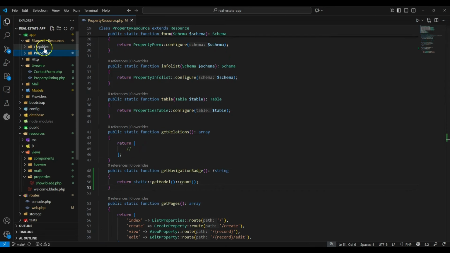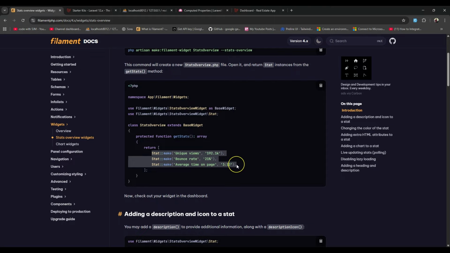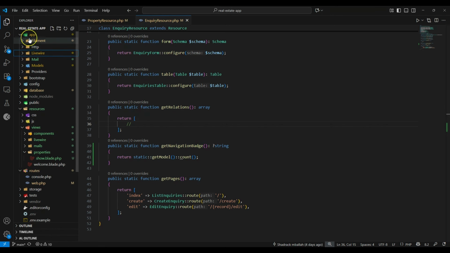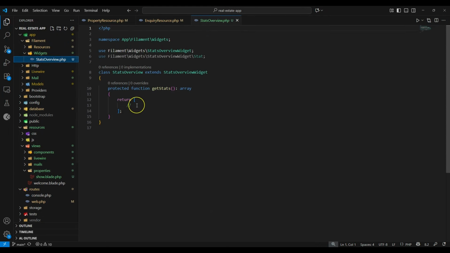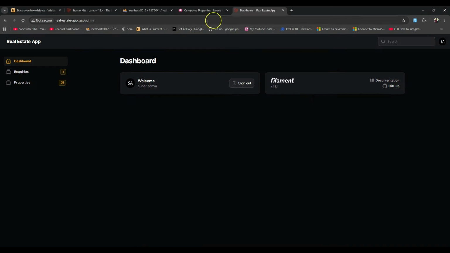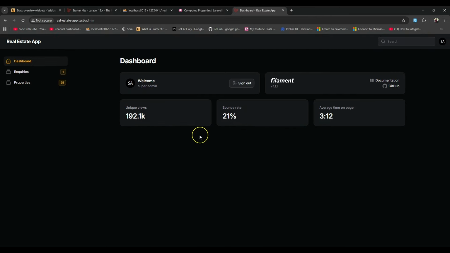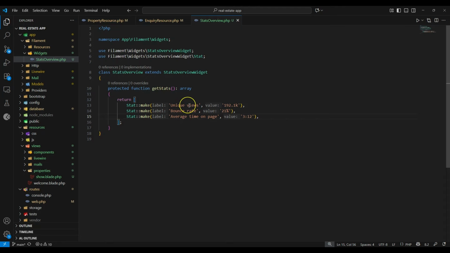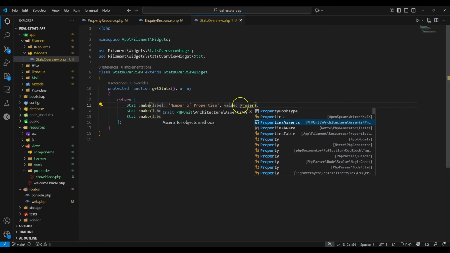So on getStats, we are going to use these stats. Okay, let's go to Filament, then Widgets, the stats widget here, and then I'm going to paste something like this. So for now, if we go back to the dashboard and refresh, you should be able to see the stats, like this one. So now let's update this one. So you can say the number of properties, and from here you can just say property,